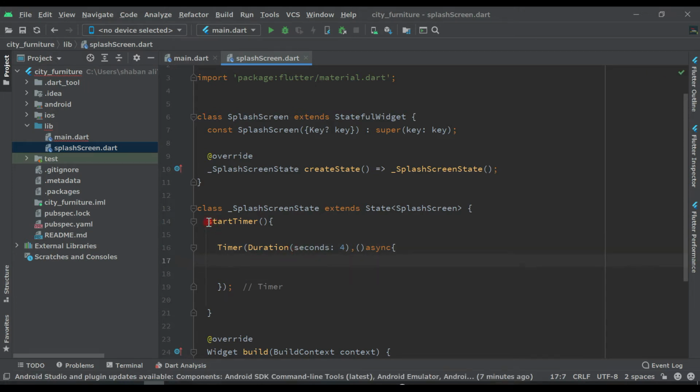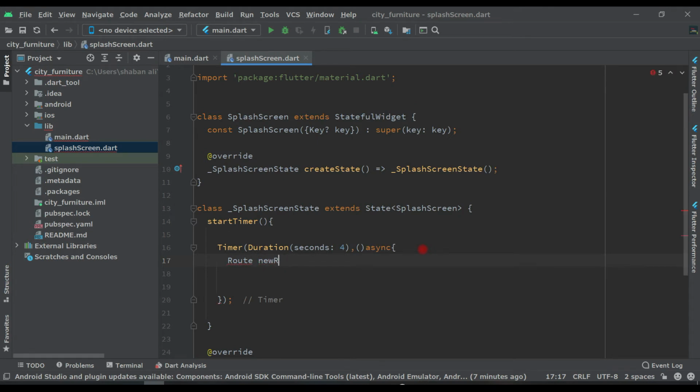Now this is our function for the timer, for how many seconds the splash screen will display. So here we have to mention after 4 seconds where we have to go from this page.